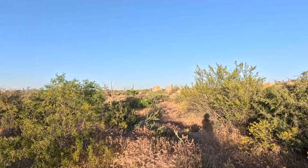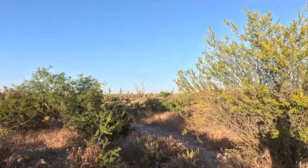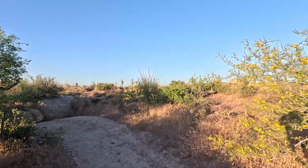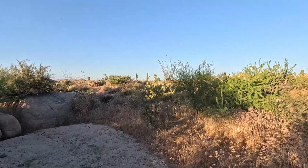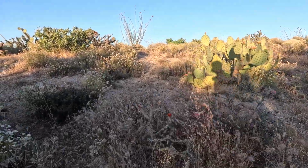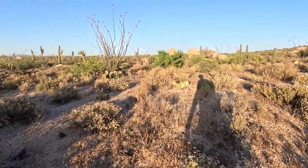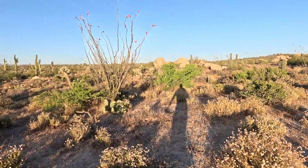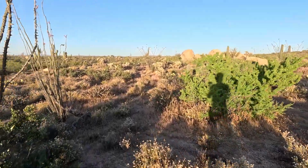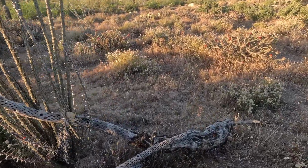I think I found it. There's a rock right about there, and I believe that's it. Boy, this tall grass in the summer is not fun. Should have brought my walking stick with me. Yeah, that's it. All right. It's a little bit different spot than I thought it was, but